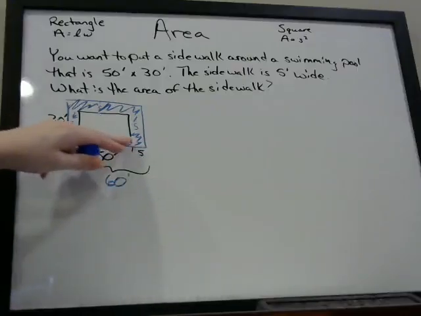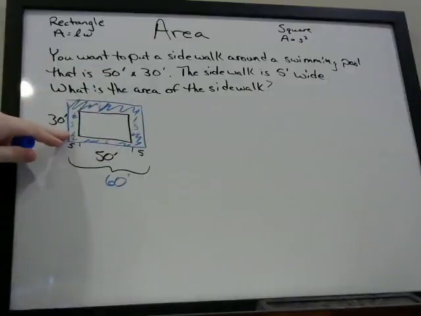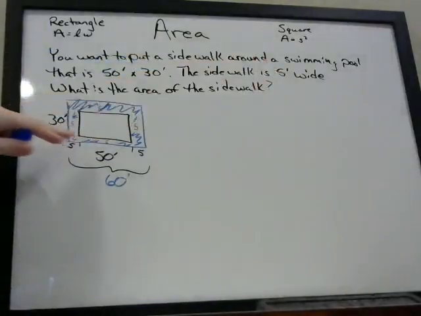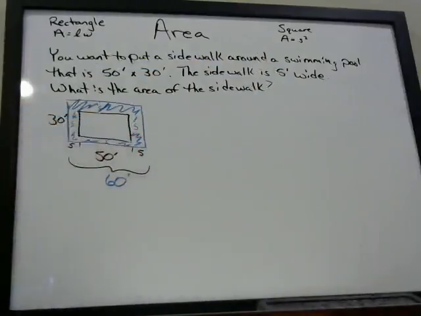Because we had 50 for the swimming pool, right? They gave us that. Then we added 5 feet of sidewalk on to this side, so that's 50 plus 5, and then we had 5 feet on the other side, so there's another 5. So 55 plus 5 is 60. Going this way,